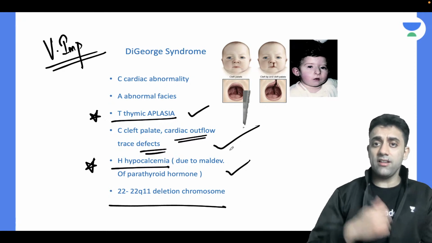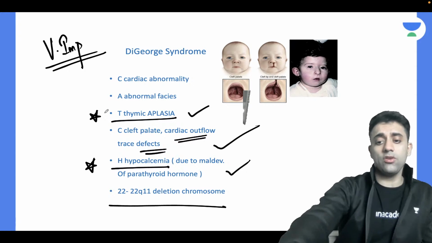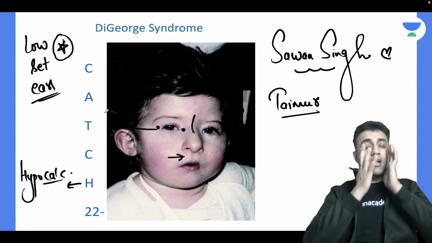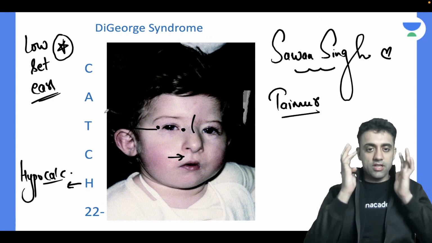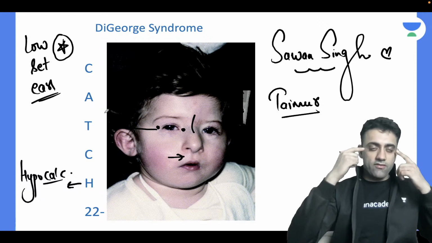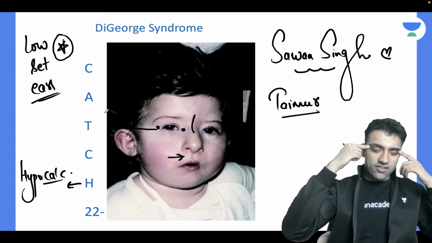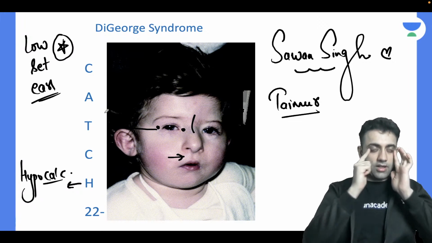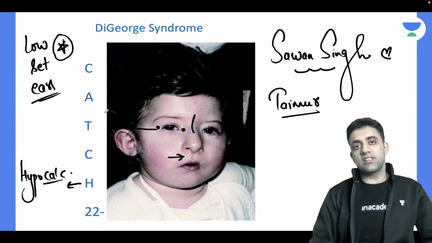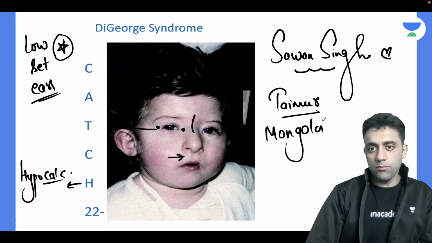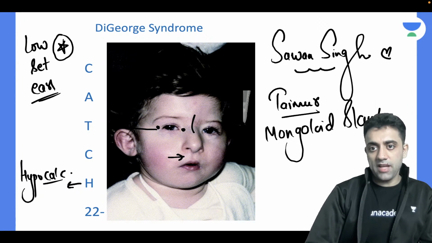एंटी मोंगोलॉइड स्लैंट लग तो रहा है इसमें, देखने में तो एंटी मोंगोलॉइड स्लैंट लग रहा है। What is anti-mongoloid slant? Downward slanting of eyeballs. One is upward. The girls do makeup two types. One is little eyes above like that, upward slanting of eyeballs, and one is downward like that, downward slanting of the eyeballs. So one is known as mongoloid slant, and one is known as